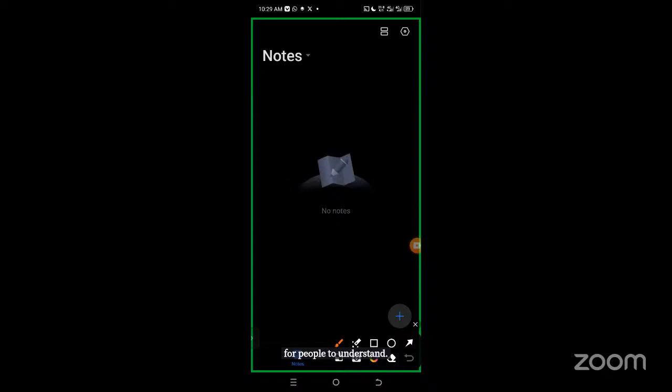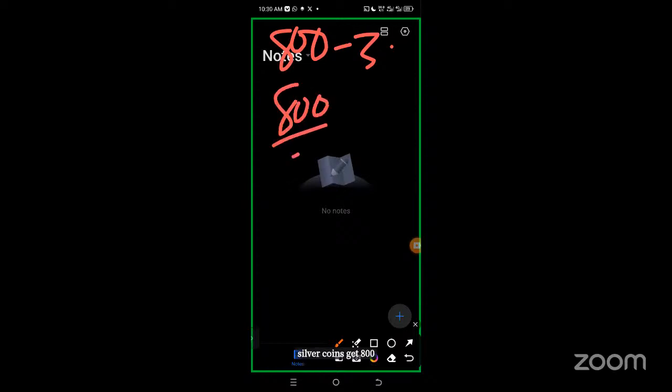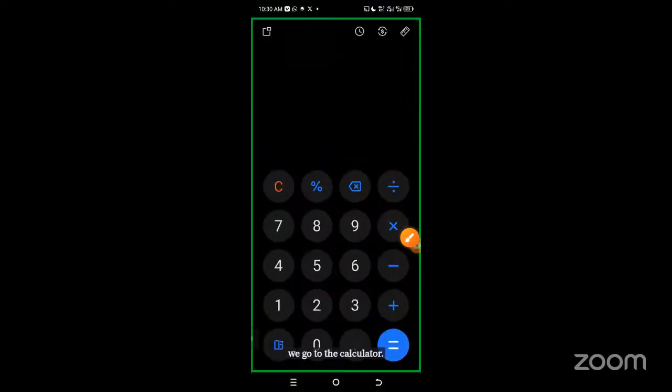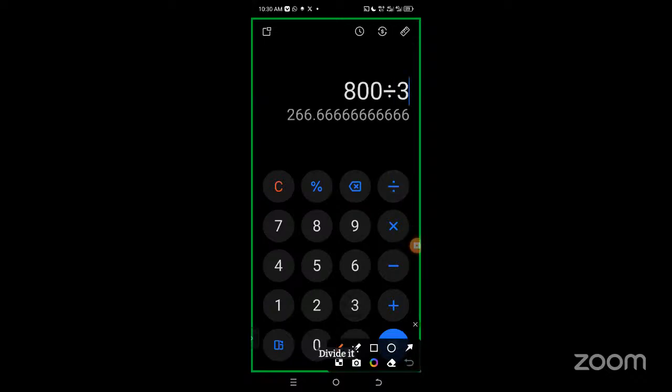You are trading using $800. That is your trading capital. $800, 3 coins. Get 800, divide it by 3. 3 is the number of coins. We go to the calculator. 800 divided by 3. It is giving you